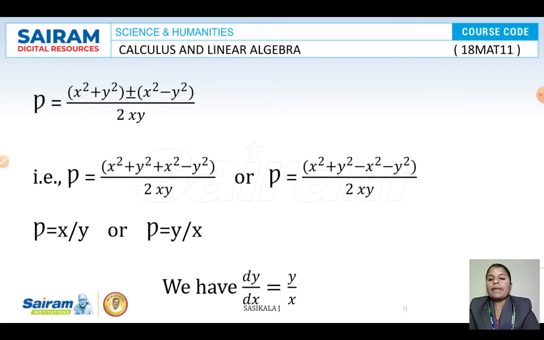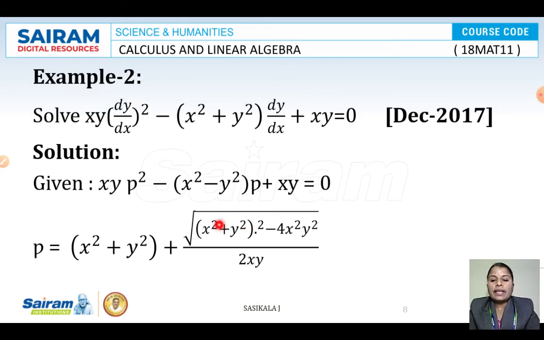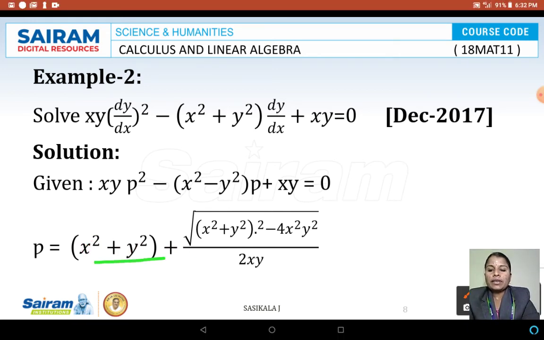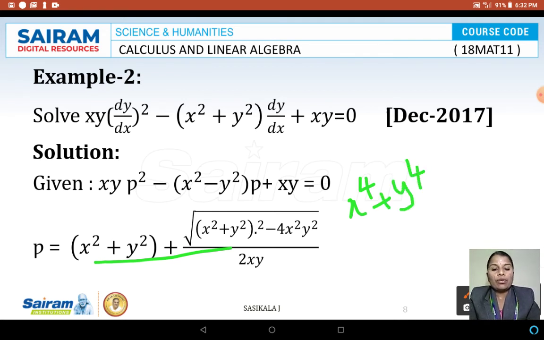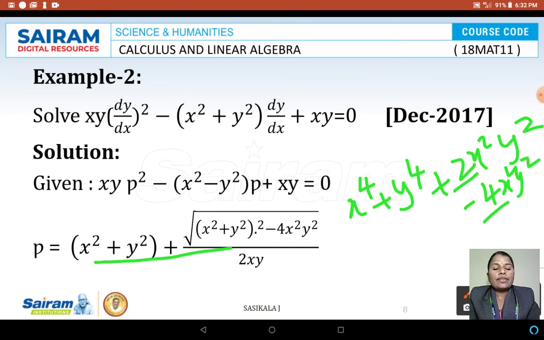So now what will happen? You can get to the simplification the same way. See the previous one. So you can write it x squared, this 2xy will be completely in the denominator term. So it is nothing but like this. Okay. Now you can expand (a squared plus b squared) the whole squared. It will become x power 4 plus y power 4, because (x squared) the whole squared plus 2x squared y squared minus 4x squared y squared remains as it is. Okay. So now what is that? Plus 2 minus 4 will be minus 2. So it is nothing but again I can write it (x squared minus y squared) the whole squared.